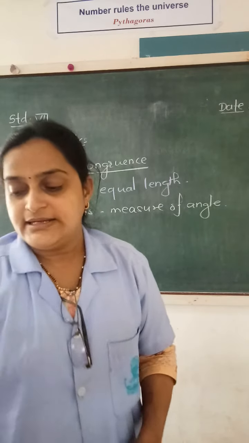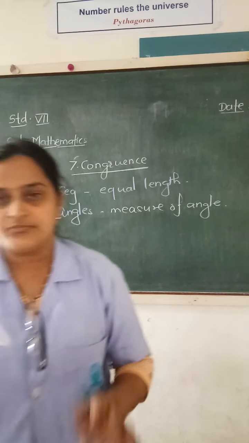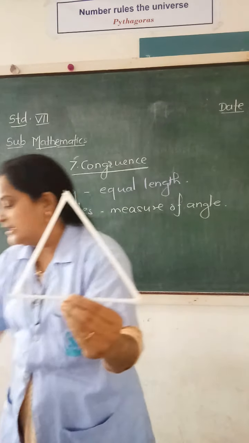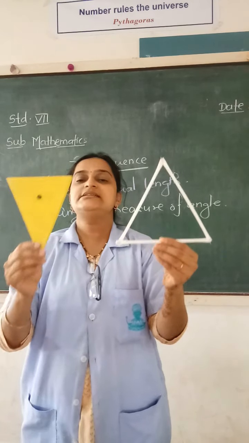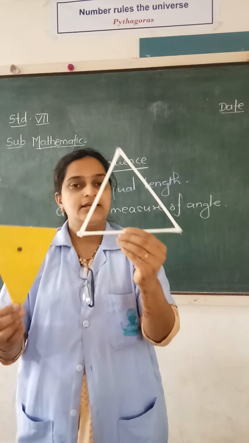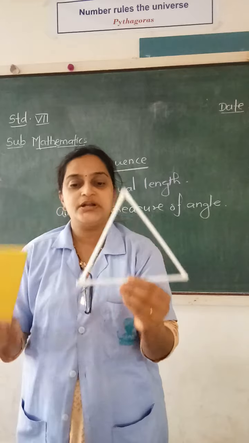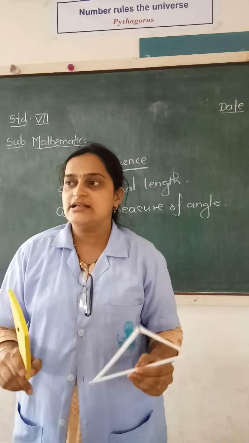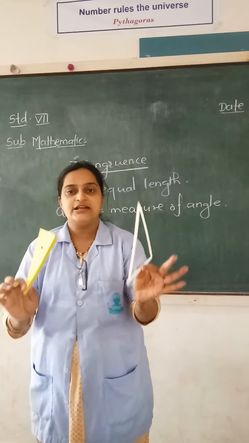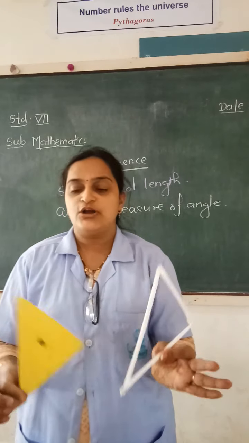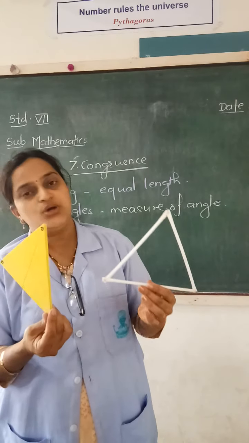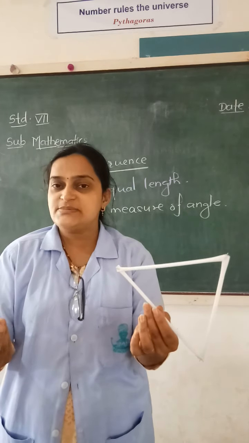Now, let us come to a triangle. Now, basically try to understand, this is a triangle, okay? Even I can say that this is a triangle. Then, what is the difference between these two? See, try to understand, this is very important. Congruence of triangles is also a very important part in geometry, and so you must understand it better. For that, see here, this is a triangle and according to you right now this is also a triangle. Then what is the difference between these two?